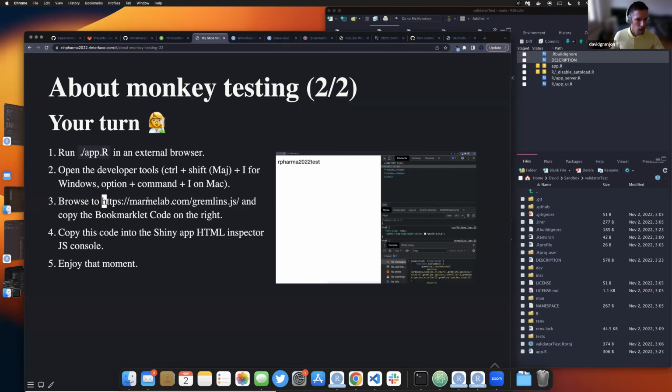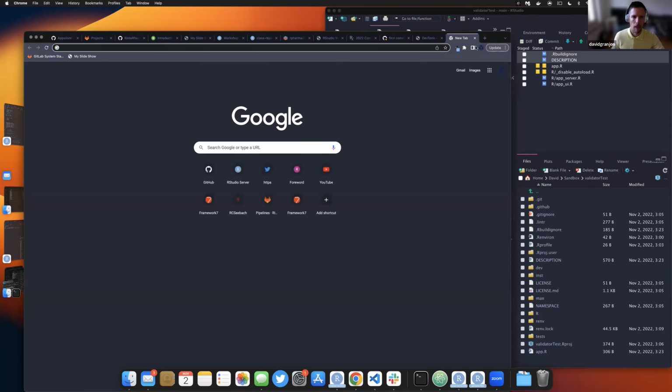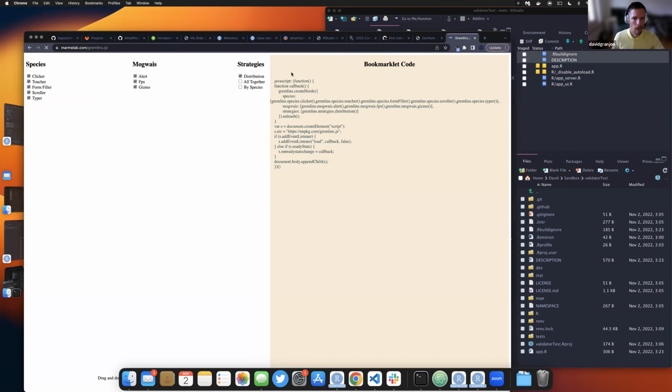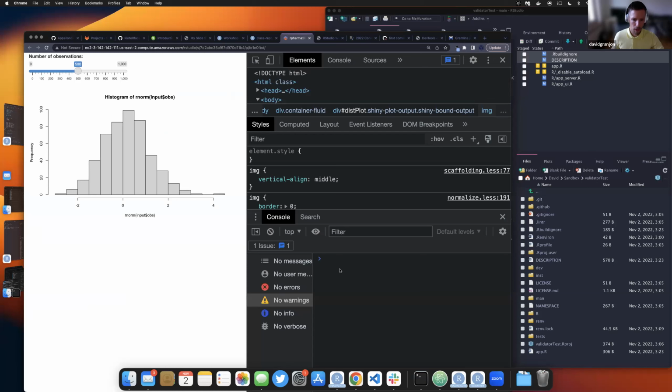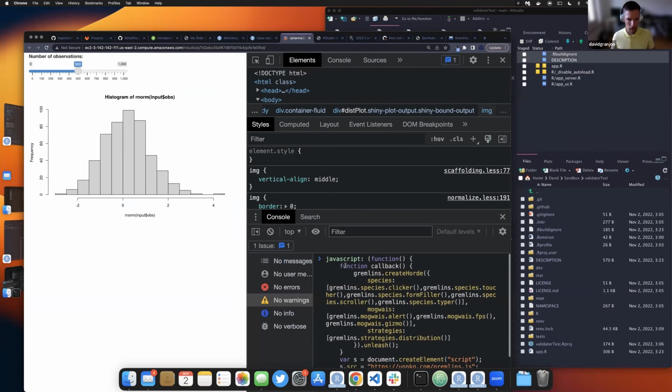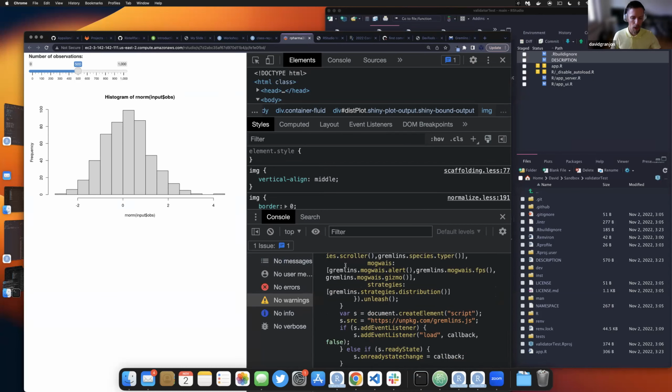And then we have to go here. I pasted a link in the chat. That's a link where you have to browse. And from that link, you have to copy what you get here on the right side. Then you go back to the application, which is running here, and you paste the code in the JavaScript console. You click on enter,